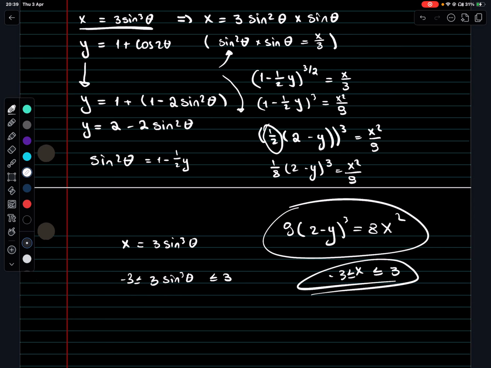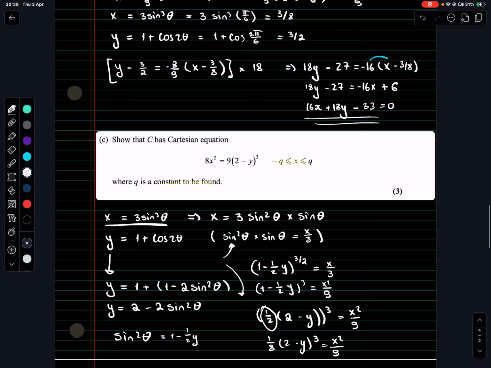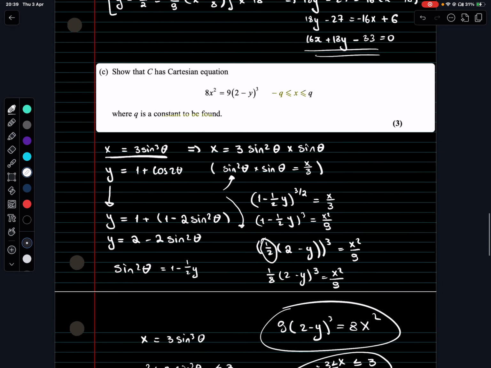So that's it. Okay, so for this kind of question, where you show a Cartesian equation, especially if the parametric equation is given as trigonometric functions, you should know a lot of identities. Okay, so as you can see throughout